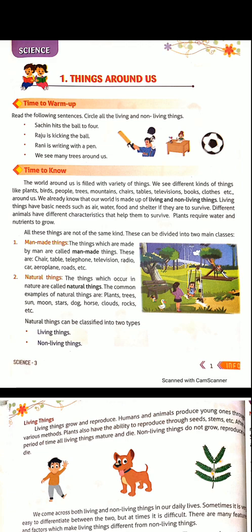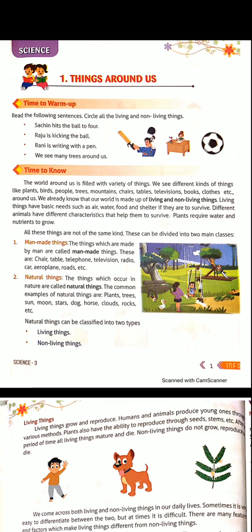Understood? Now coming to television. Where is television produced? Televisions are produced in factories. In factories, who are working? Again, in factories, human beings are working. They will use technology prepared by scientists. Then, using the technology, they will prepare a television. Again, television is also made by man. Correct, no? So television is also a man-made thing.